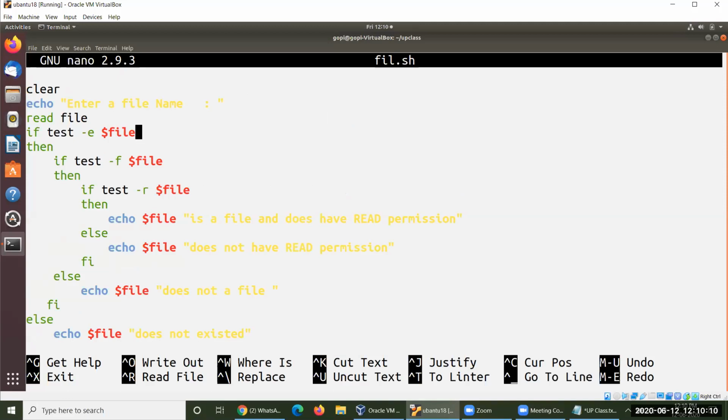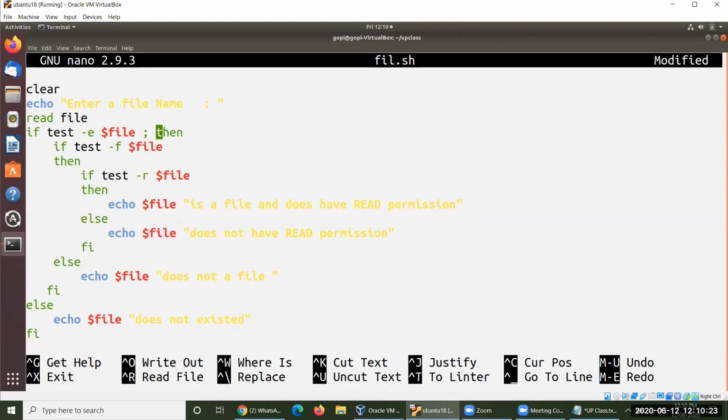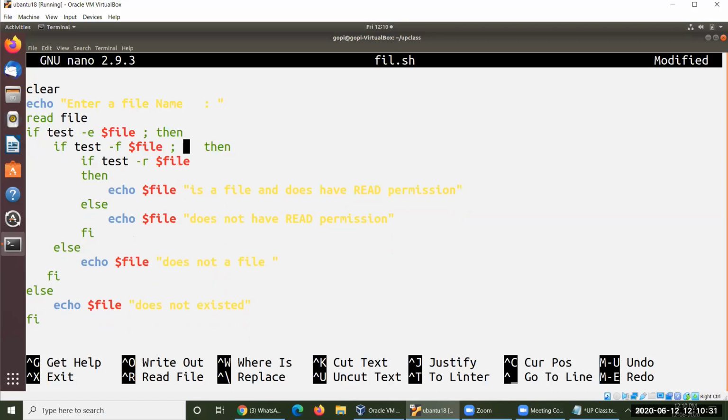So what you are supposed to do, if you want to write the if and then in the same line, after finishing your condition, just give one space followed by semicolon, again a space, and then pick up the then statement into the same line.